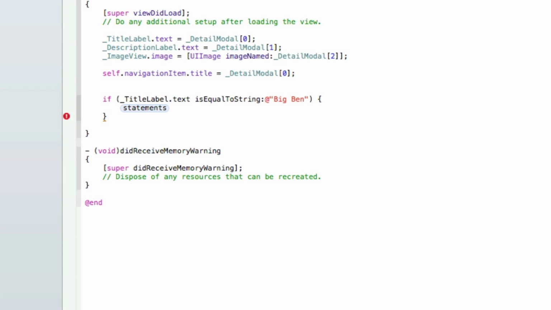So if the title label equals Big Ben, oh, we need to put brackets on them, sorry. So if the title label equals Big Ben, then the built label dot text is going to equal at symbol quotation mark, it's gonna be built colon